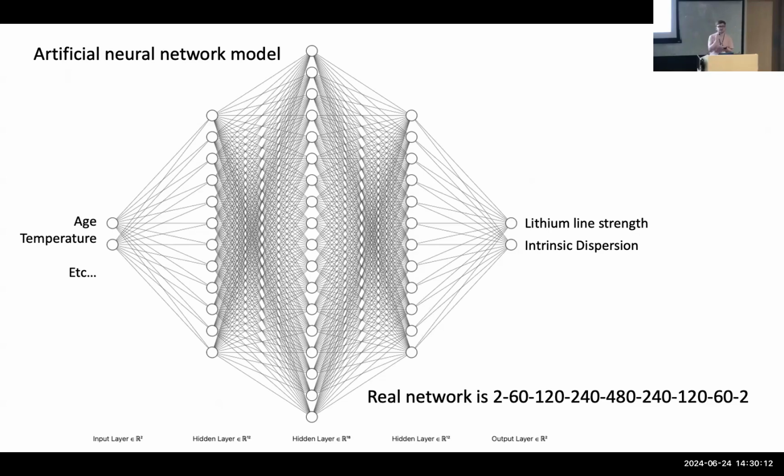I think it's illegal for me to give a talk about machine learning without using one of those diagrams, so I apologize for that. But essentially, we're looking to apply more flexibility into that model than just a straight 8 parameter or 8 plus 5 parameter analytical fit. We've got our neural network here that takes into account age and effective temperature, and from that produces predictions of the equivalent width and the intrinsic dispersion in that equivalent width. As I say, the flexibility is a big part of this, and another part of it, which is more of our sort of next steps, as you'll see at the end, is that this is much more expandable, and that's why we've added that sort of etc. there, that we can add in far more age indicators to hopefully constrain some of those problems we've mentioned.